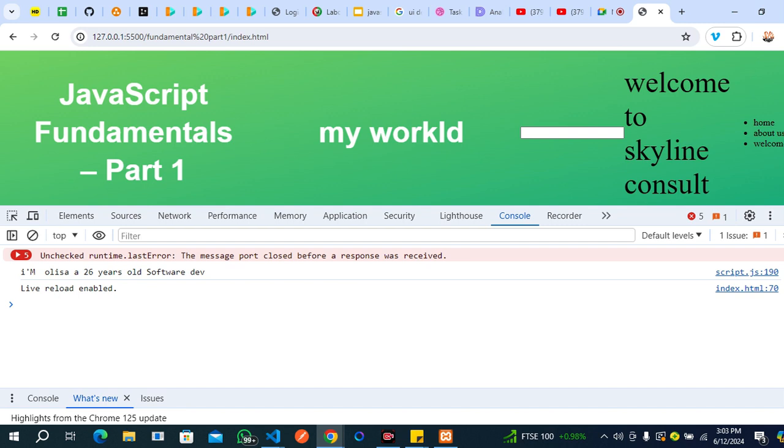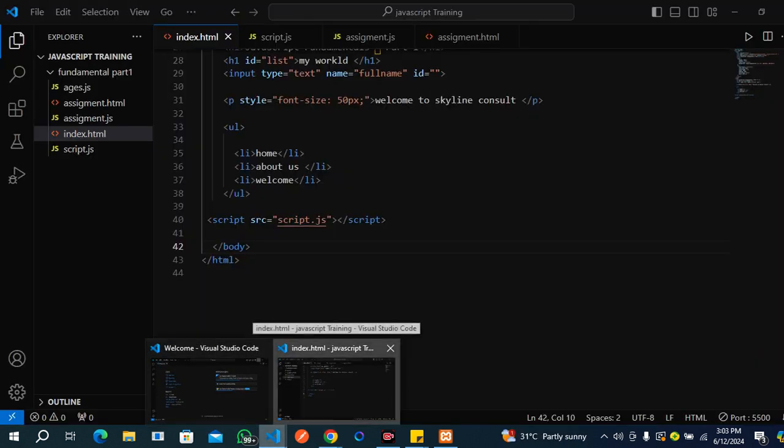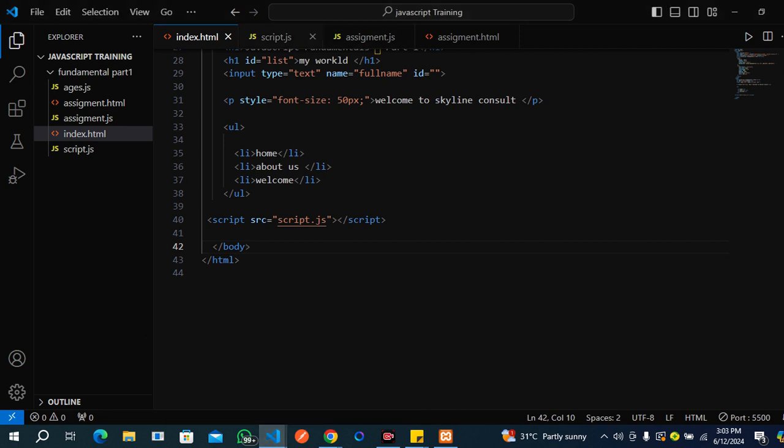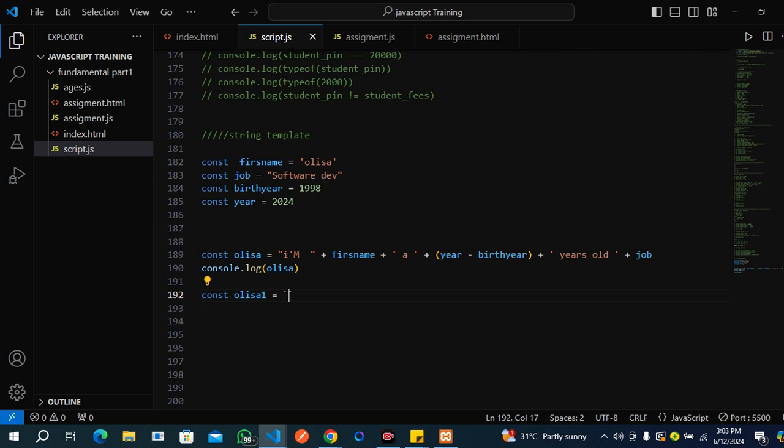a way of adding or combining different data types together. So we did a particular task where we concatenate "I am", first name, then a year. So we calculate the year. The reason why we added this in brackets is to tell JavaScript that we want the year